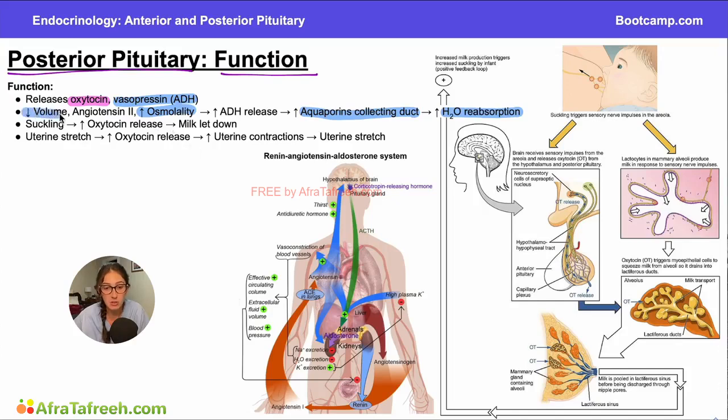Similarly, if we have low volume levels intravascularly, vasopressin will also be released. And if you look down here, you can see that I've included a diagram of your RAS system. Your RAS system is also going to be important for stimulating the release of vasopressin. So to quickly review, your RAS system is controlled by the macula densa cells. So the macula densa cells in your juxtaglomerular apparatus are going to be always sensing the amount of sodium that